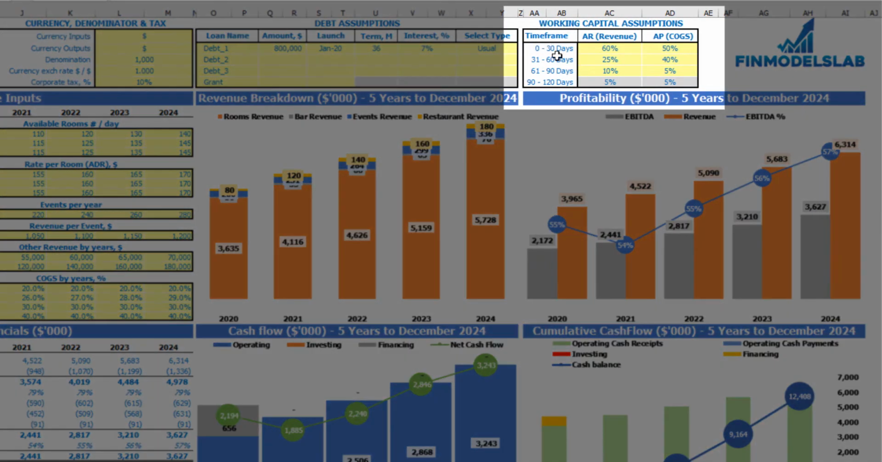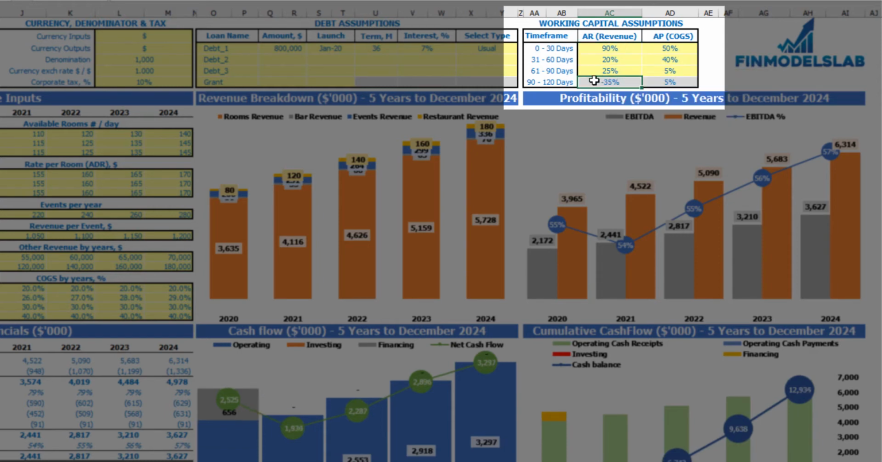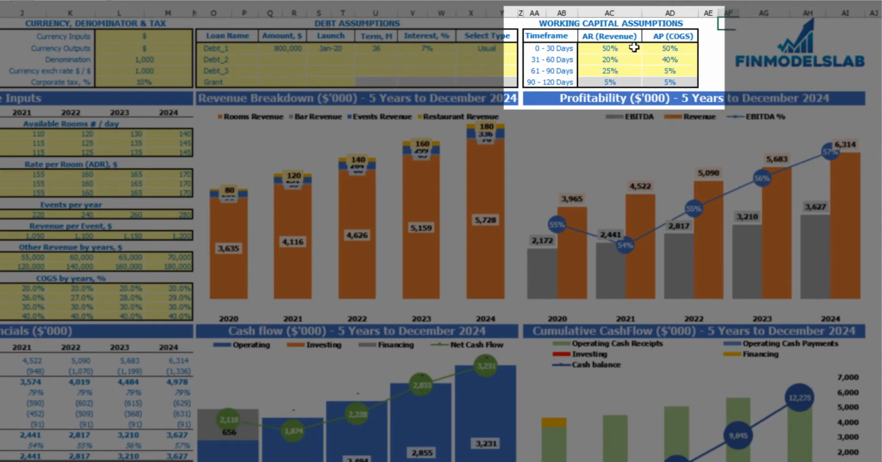The next section which you can input on the dashboard, this is working capital assumptions. This is breakdown of your accounts receivable and accounts payable by four groups, from 0 to 30 days, from 31 to 60, from 61 to 90, and from 91 to 120. So this is a simple breakdown, 50% for the first category, 20 for the second, 25 for third, and 100% minus previous three groups will give you 5%. If you input something wrong, like this, you'll have minus 35%, which is wrong, so you just need to keep